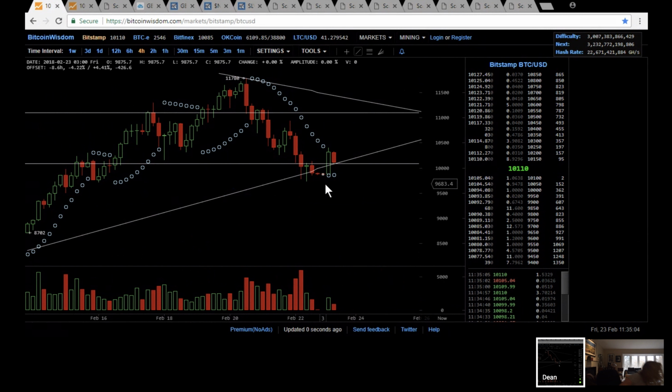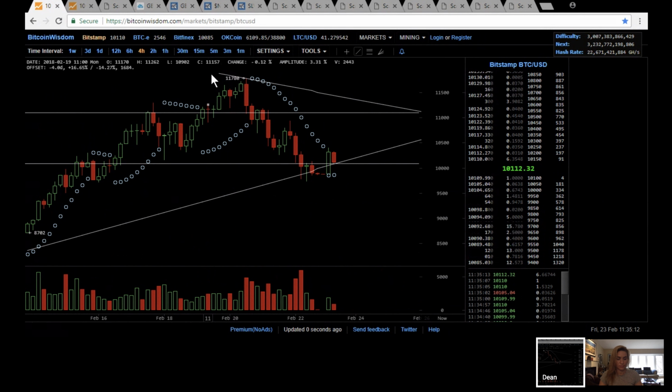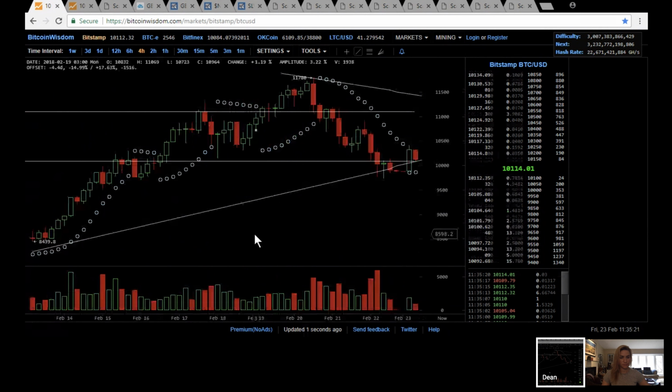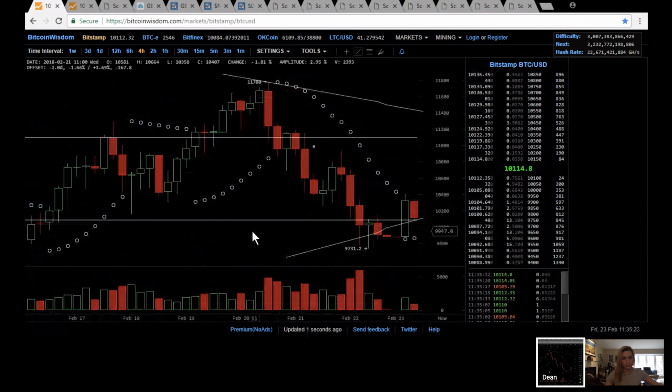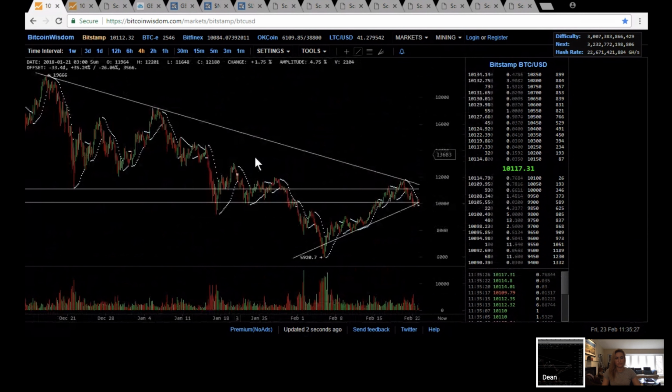We have two little circles down here, which both indicate that we have stopped the downtrend from the top of this at 11,700, which is where we failed right in the vicinity of our descending trend line, right at this point,